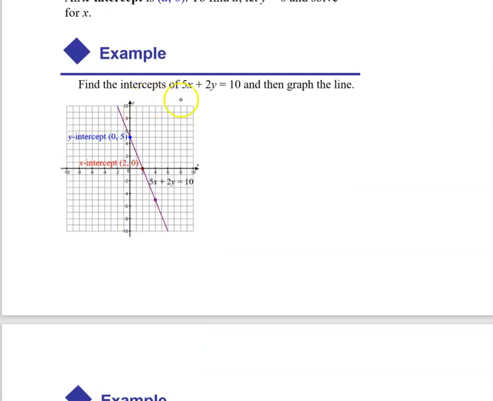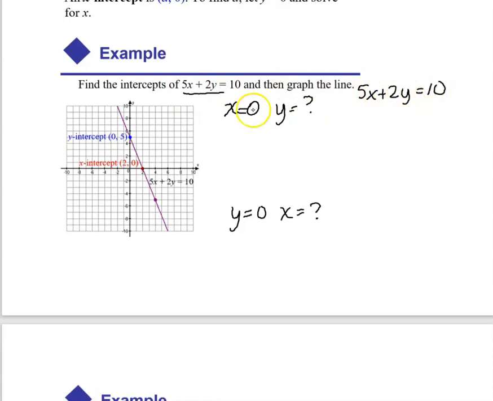To find the intercepts of 5x plus 2y equals 10, and then they want us to graph the line. So remember that the first step was let x equal 0, and then figure out what y is. Then we want to find when y equals 0, figure out what x is. And so this equation that we're going to use, 5x plus 2y equals 10, if we plug in 0 for x,